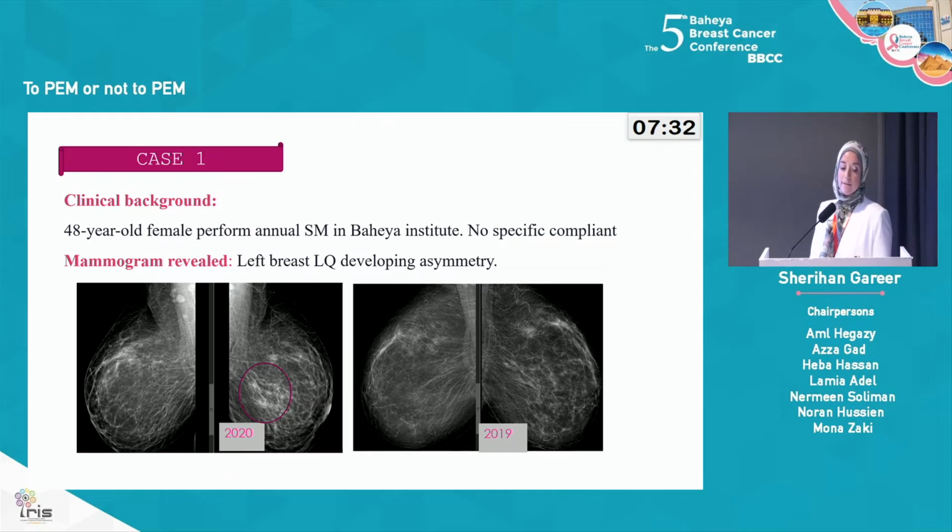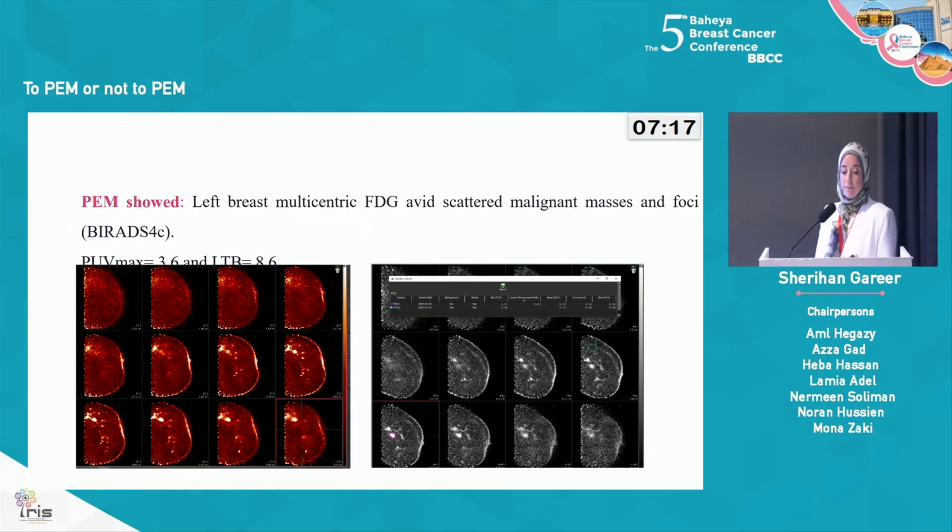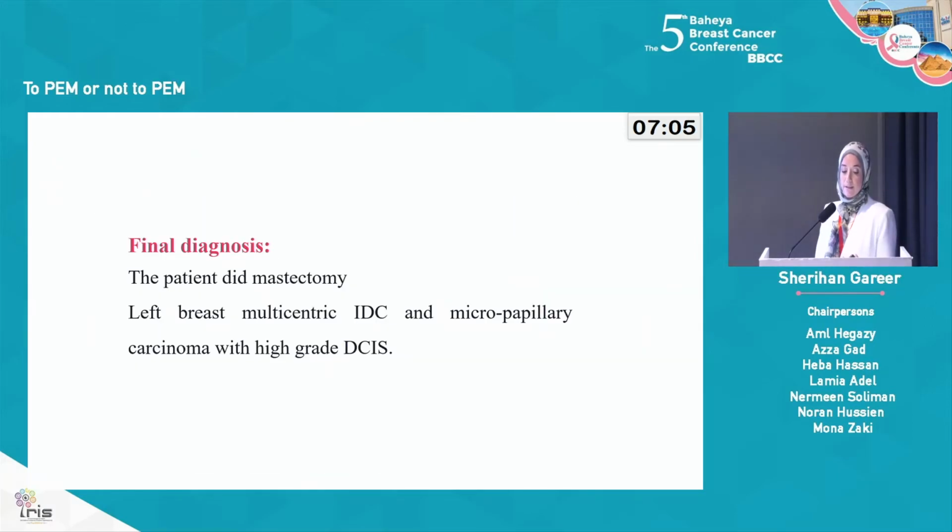Case 1 is a 48-year-old female who came to perform her annual screening mammography in Bahia with no specific complaint. The mammography revealed a left breast lower quadrant developing asymmetry. The PEM showed left breast multicentric FDG avid scattered malignant masses and foci. The SUV max was 3.6 and the lesion to background ratio was 8.6. The final diagnosis was left breast multicentric IDC and micropapillary carcinoma with high-grade DCIS, and the patient underwent a